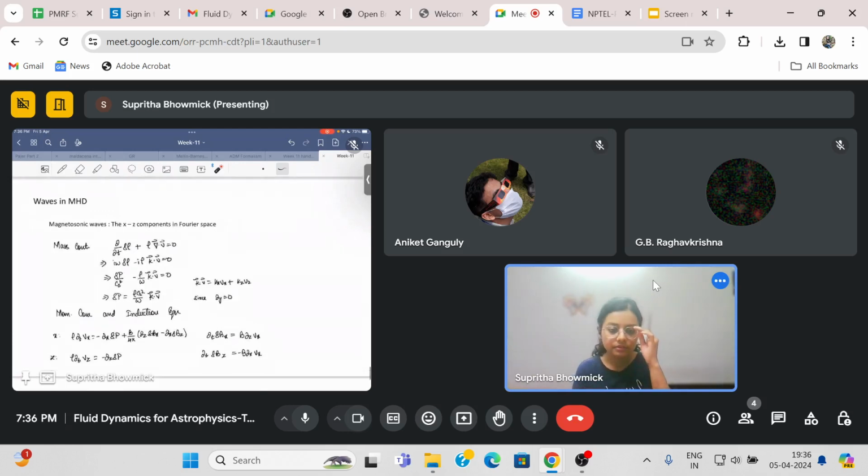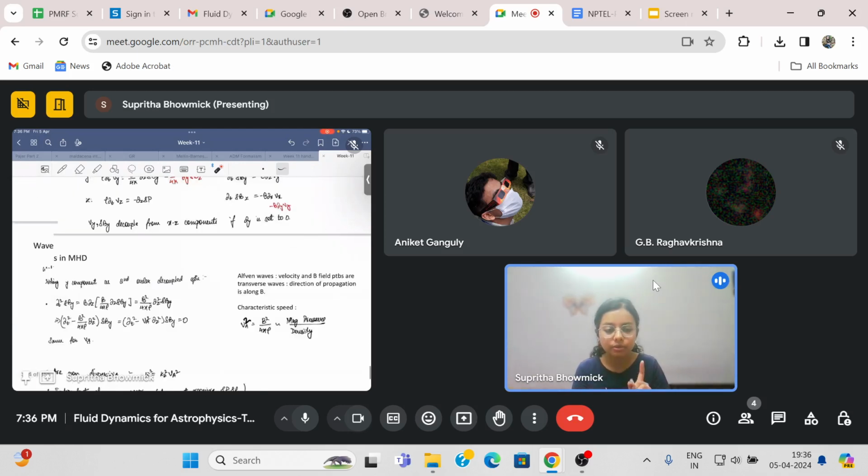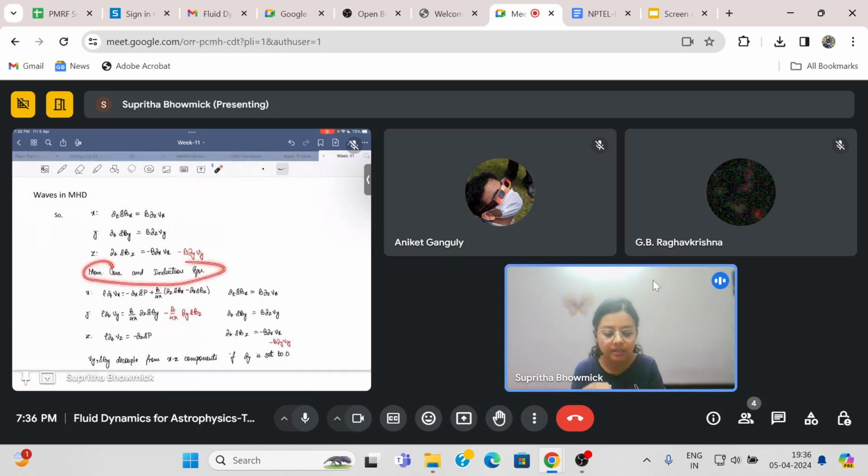This was all about the y component of the equation of motion. Remember what we did? We considered the momentum conservation equation and induction equation. We linearized them, split them into xyz components, and we noticed that if all of the perturbations do not have any gradients along y, then the y components of these perturbations are like transverse wave solutions. Now what we are going to do is study the remaining components, x and z.